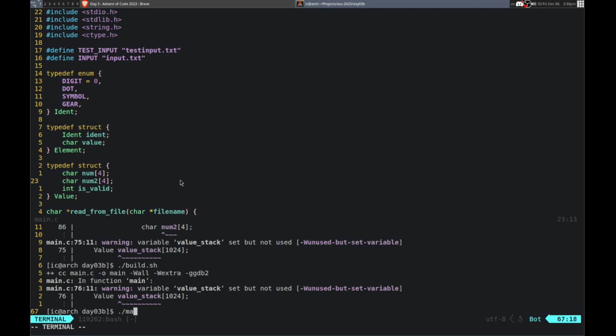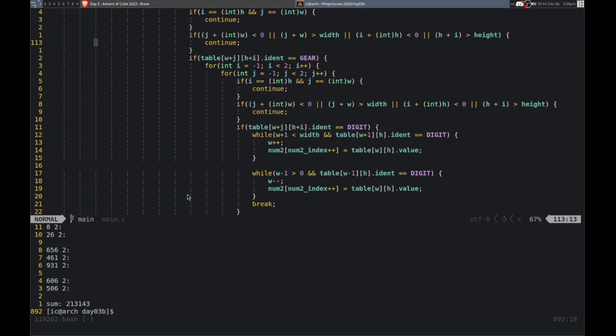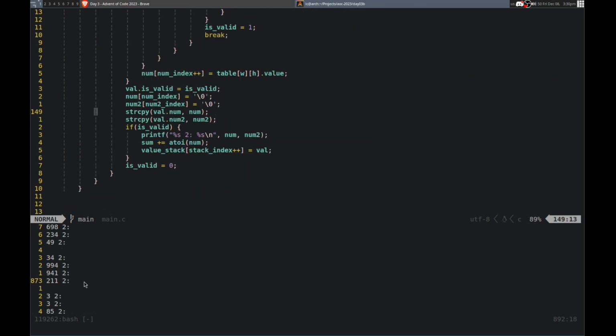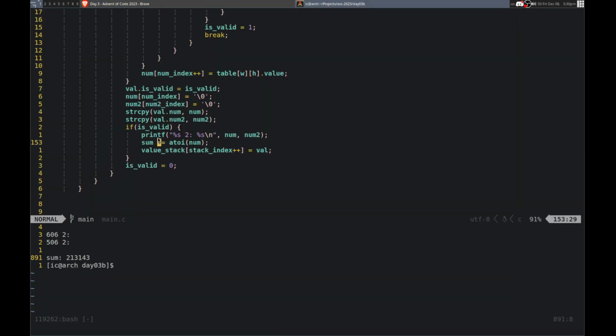Okay, so let me see what happens then. Sum is that. So that's a sum. We don't care about that. But I do want it to be valid. So they should only be the valid numbers. Which doesn't seem right to me. But let me actually take, so we don't want, yeah, that's a really big number. We don't want the sum. We want the first number multiplied by the second number. So